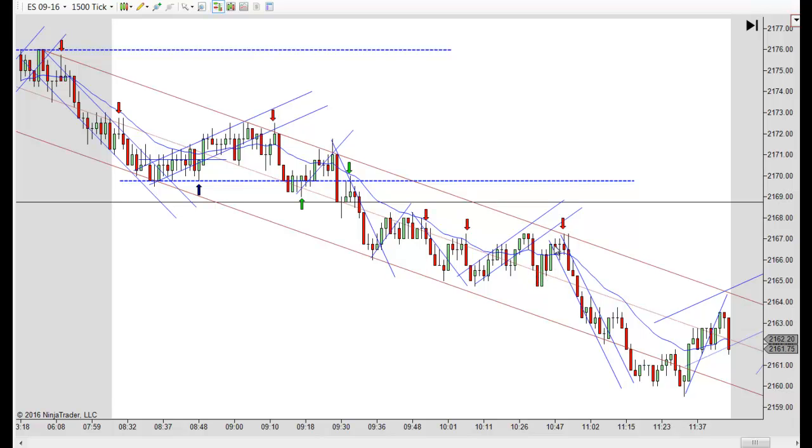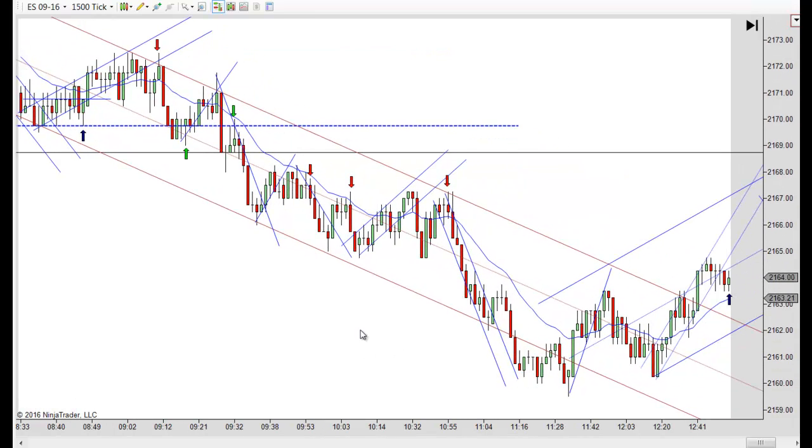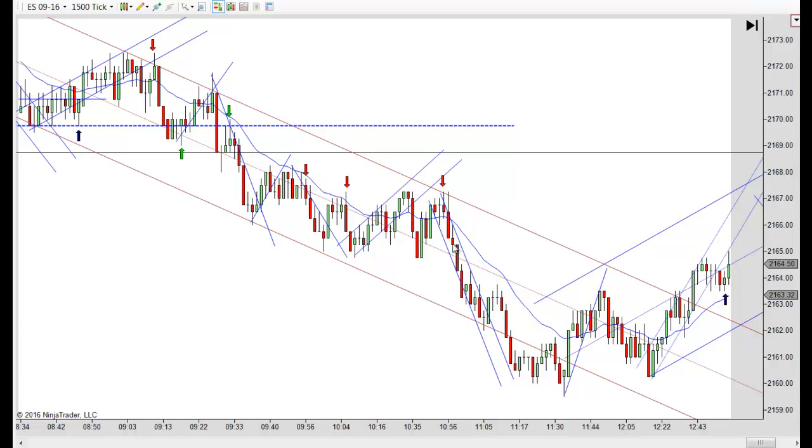And it does come back, and you get a second entry short right off of the trend line, which is a key entry point. Really bearish bar there. Put your stop above it, go short, and this thing's off to the races. And look at it, a runner you could have ridden all the way down.